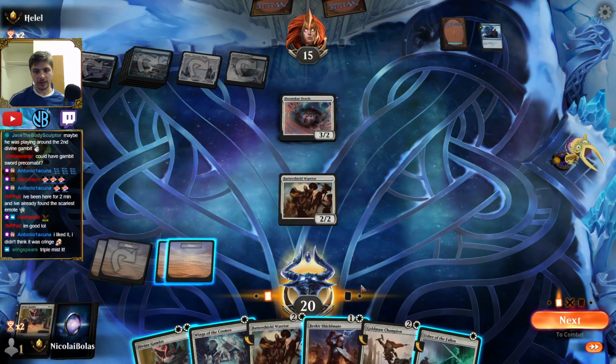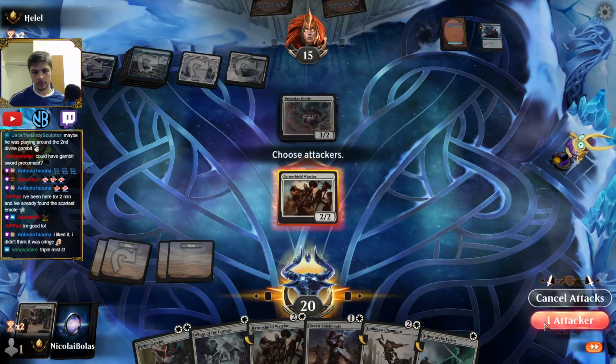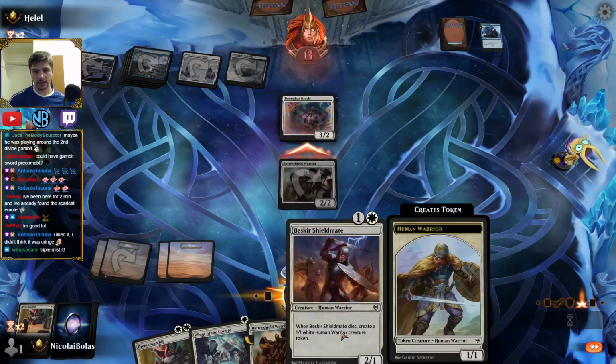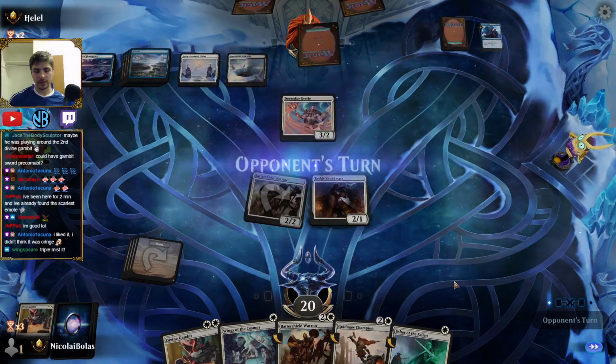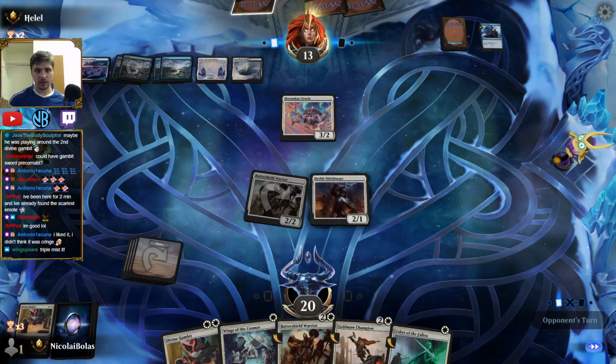Just putting in literal nothing. You love to see it. I'll trade these off. No blocks. Nice. That means they probably have a removal spell here, or a bounce spell or something. And they're waiting to block, or they just don't value this card very highly, or they think they're going to gain life, or...